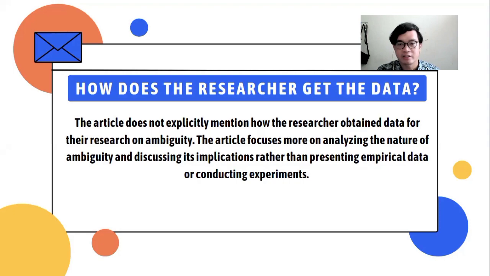How does the researcher get the data? The article does not explicitly mention how the researcher obtained data for their research on ambiguity. The article focuses more on analyzing the nature of ambiguity and discussing its implications rather than presenting empirical data or conducting experiments. Therefore, it can be inferred that the researcher did not collect specific data for this particular research, but